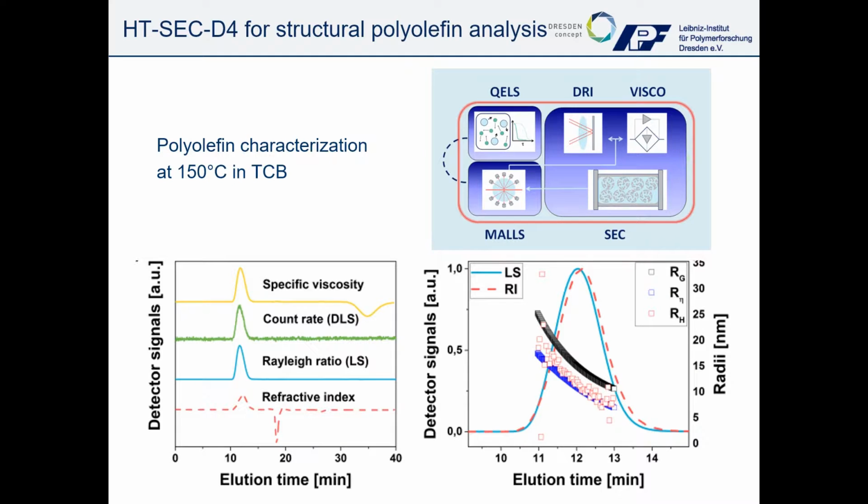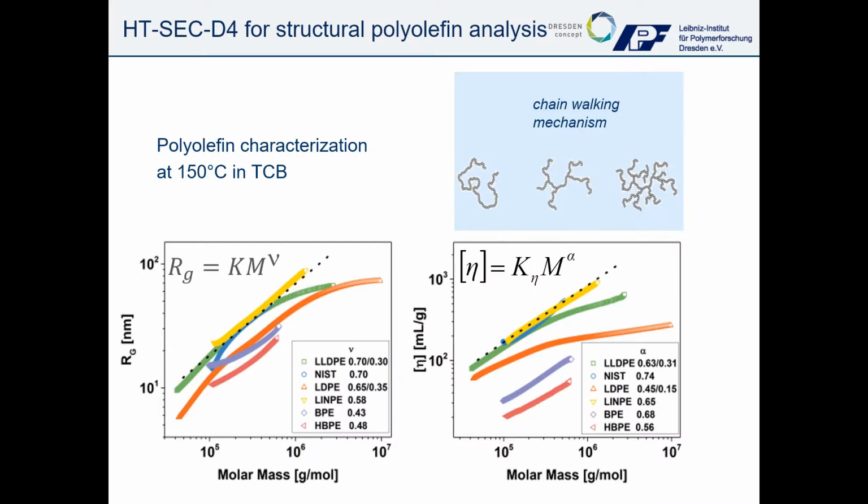And we have also the viscosity detector. So we finally obtain 4 different chromatograms dependent on the different detectors. Using all this information, we can finally calculate our 3 different radii: the radius of gyration, the hydrodynamic radius, and the viscosity radius. Now, having this information and also, of course, the information about the molar mass, we can finally